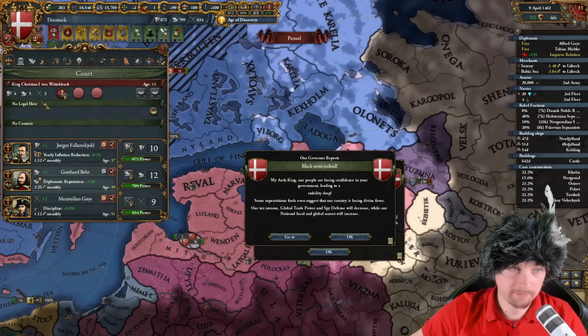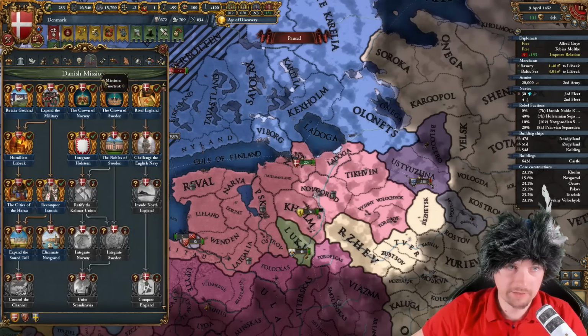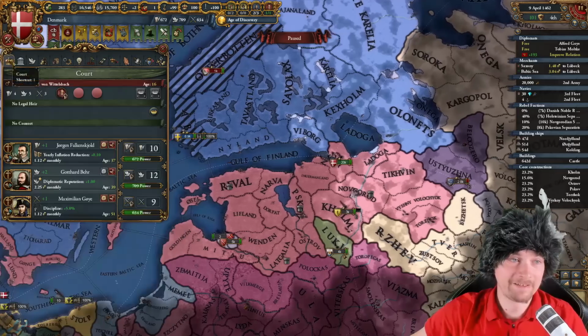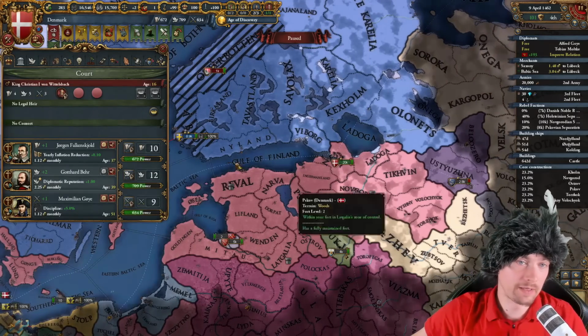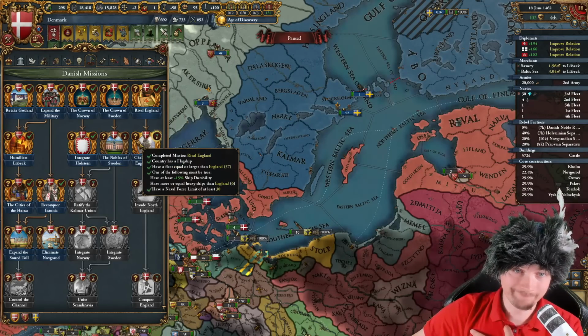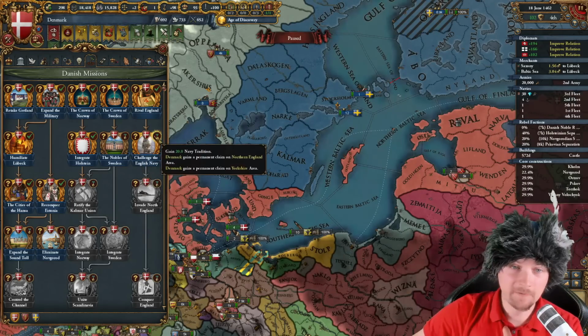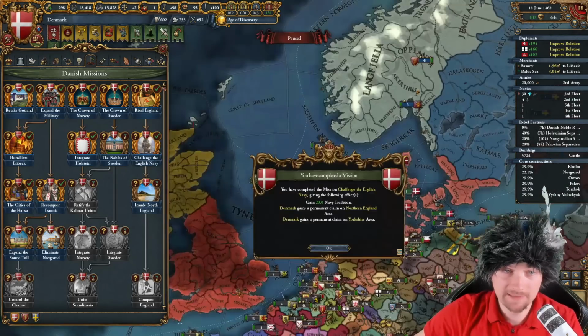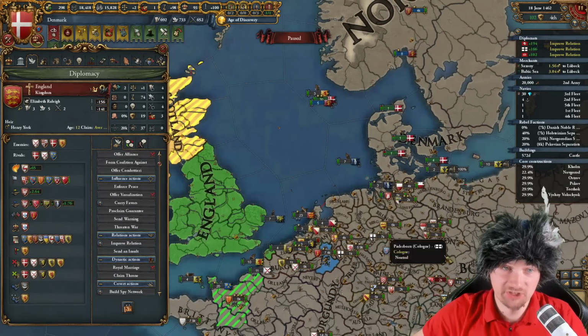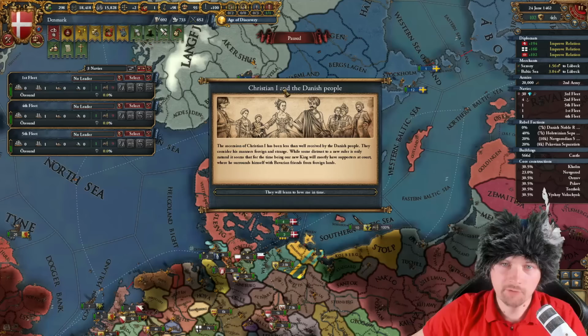My ruler just died. The new one is much better. And it's actually even better news, because this mission is gonna increase this ruler's stats by 1. Each of them by 1. And he's 16 years old. Building up our navy, with all the requirements, gives me permanent claims on England, which I'm planning on using very soon. Especially since they don't have manpower. Christian the First and the